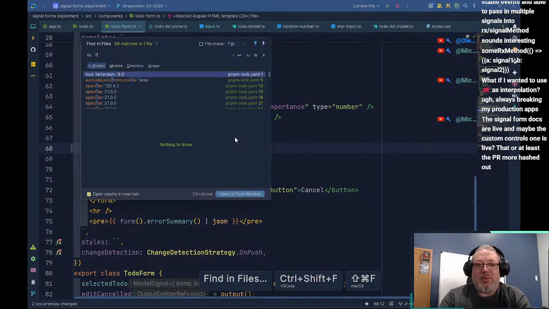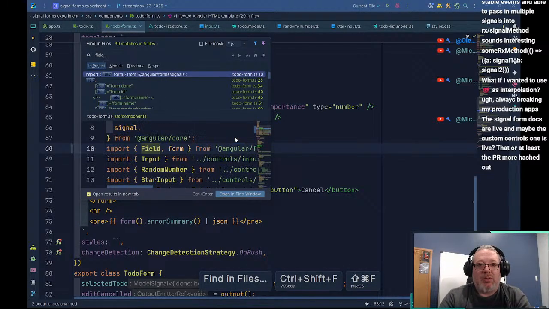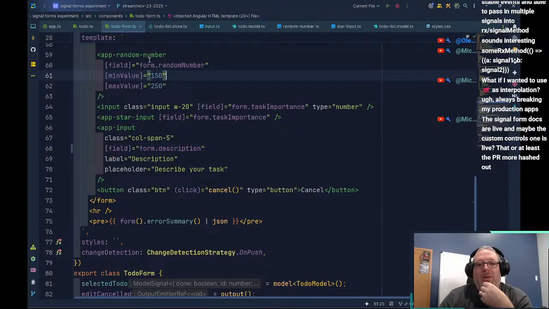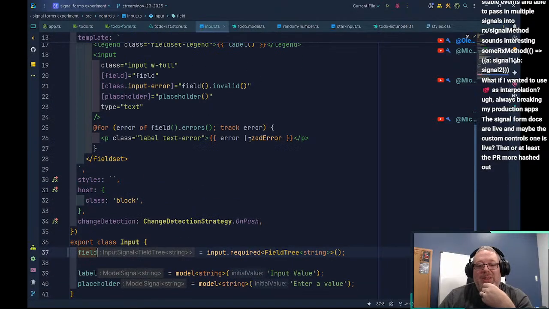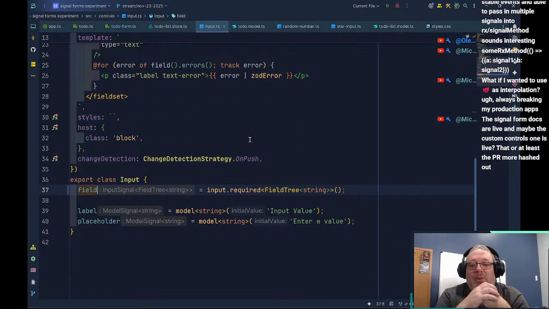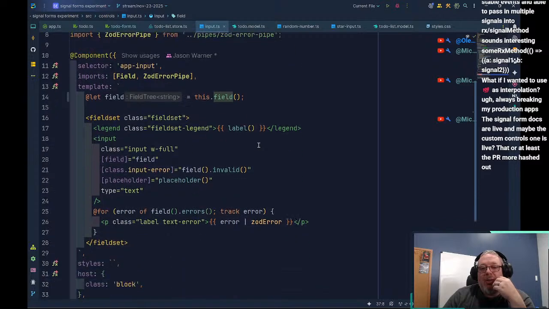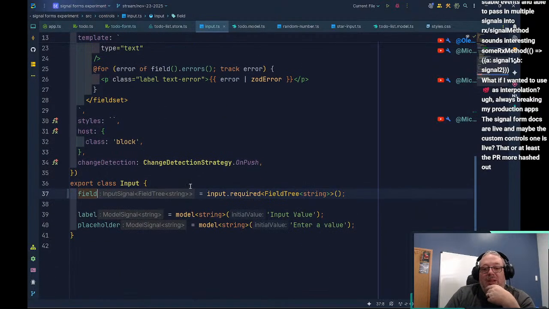Let's go ahead and look for field tree some more. Field tree. So the only place we were using it is on our input. Our input can now use field again, so that pass-through works again. So what we had to do before was a bug, and we've been able to confirm that we can go back to passing in the field tree as a required input. We can strongly type it, and we can use field as the input name.